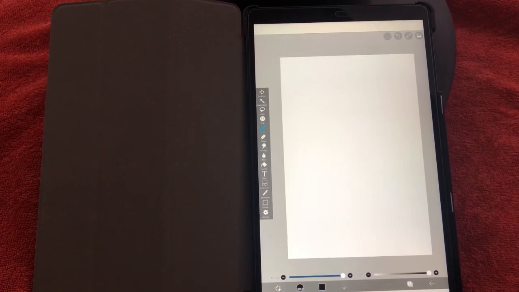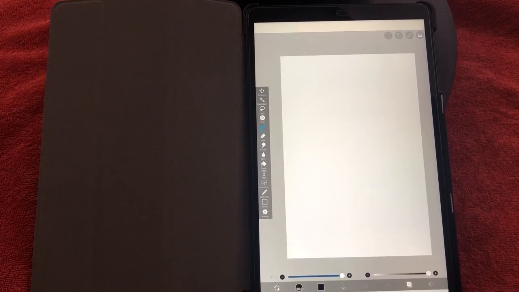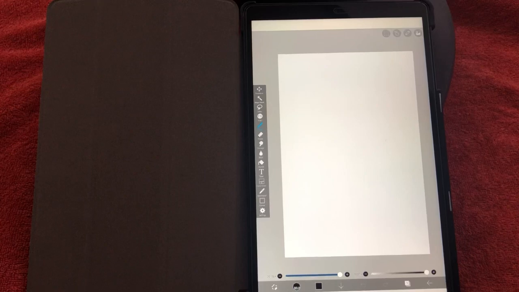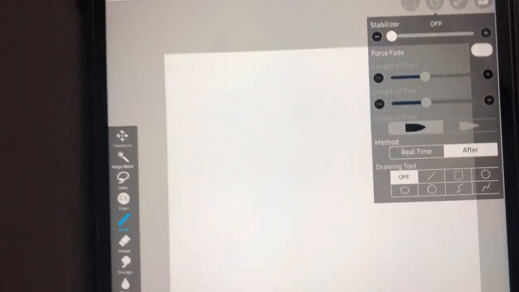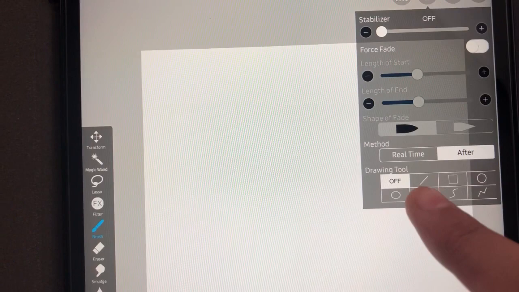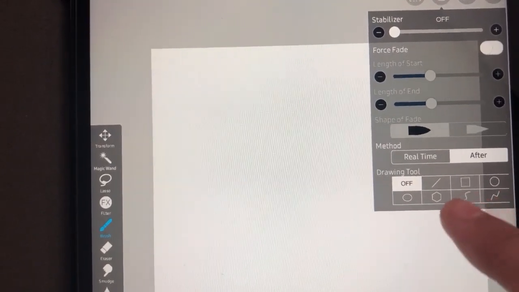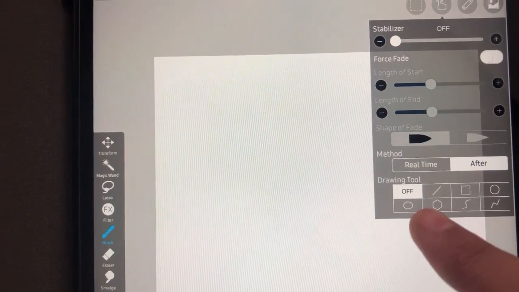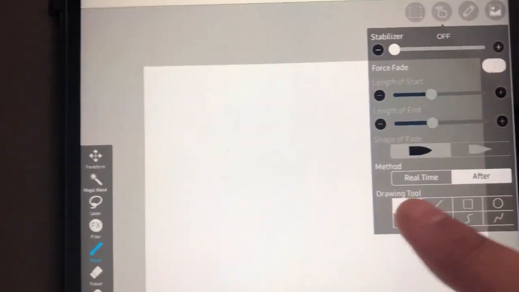In today's tutorial, I'll teach you how to use the built-in default shapes which you can use while doing your illustration. They're pretty simple. Let us click on the hand icon here, and as you can see, these are the default shapes that are available by the software. The straight line, the square, the circle, the curves, the zigzag lines, the hexagon, the pentagons, and the oval shapes. So let's begin by trying all the shapes one by one.